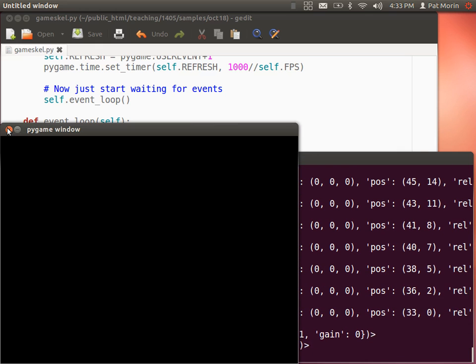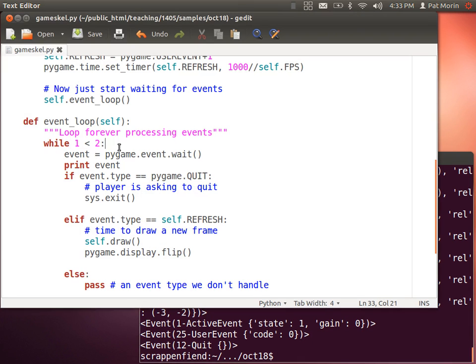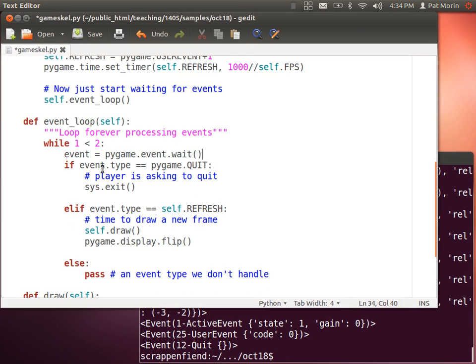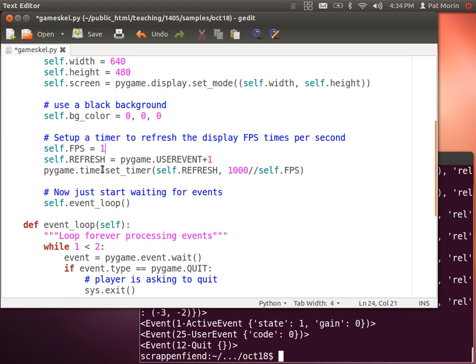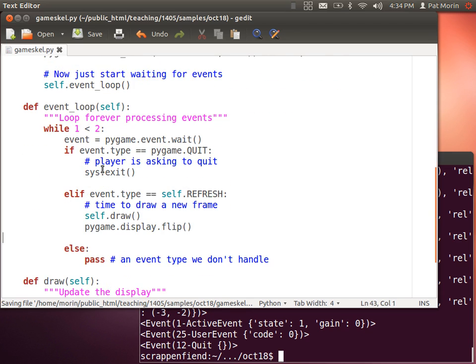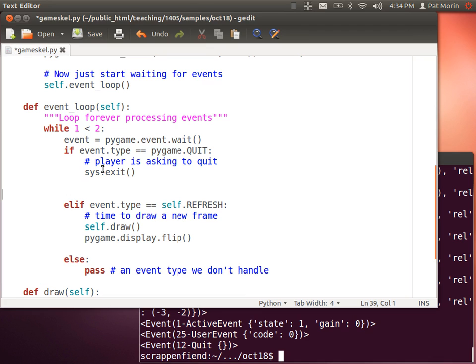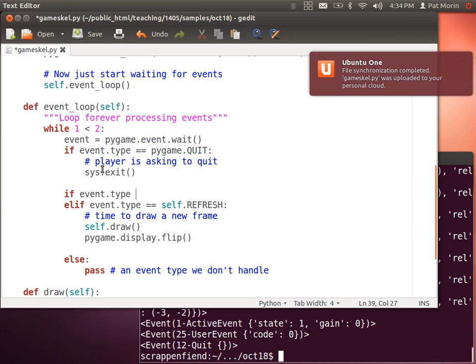Well, let's see. For events to happen between frames is okay. So for example, let's try and do something here. Let's make an event that actually accomplishes something. So I want to go back to 30 frames a second. And so what other kind of events? We saw that there's